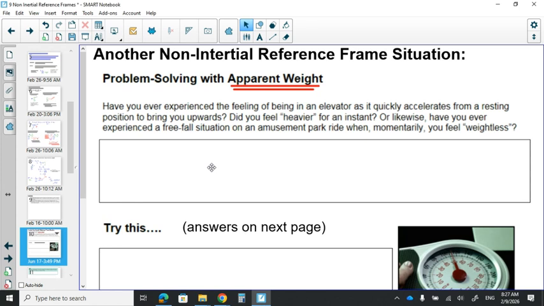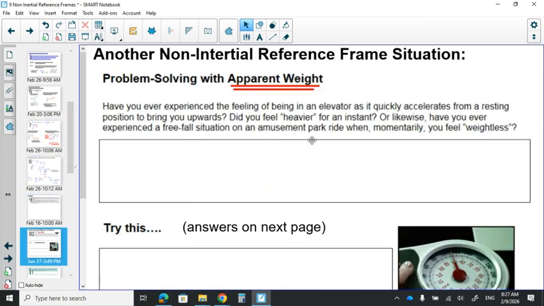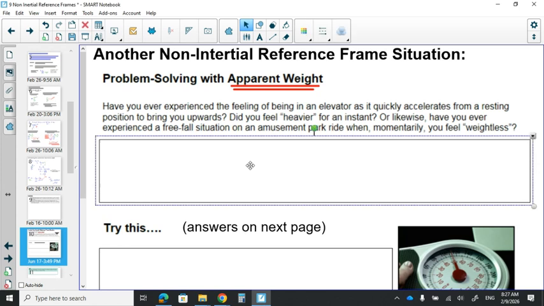So another non-inertial reference frame situation, other than a car accelerating sideways, would be an elevator. With an elevator, we often end up talking about apparent weight. If you're in an elevator and it quickly goes up or down, you feel heavier or lighter for an instant, right? In fact, if you accelerated down at 9.8, you would have no normal force on you